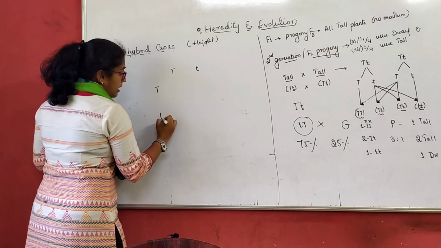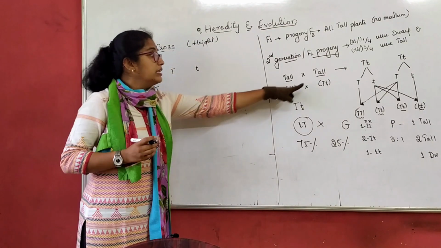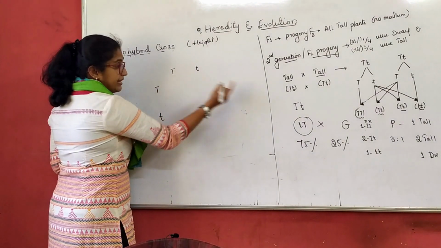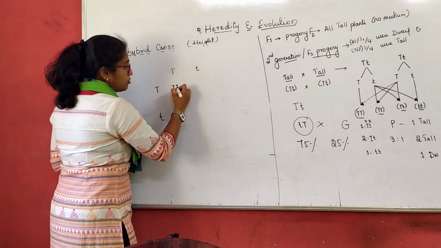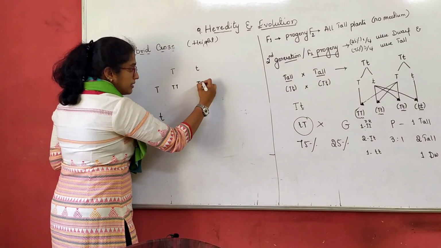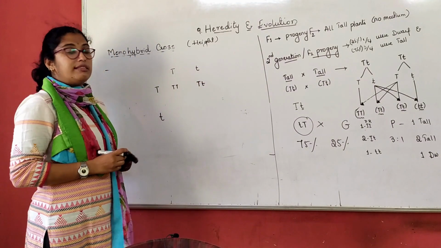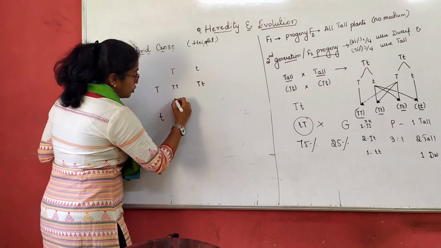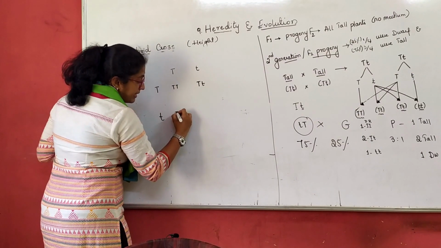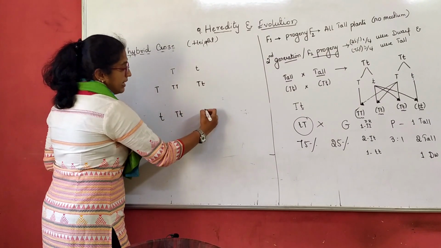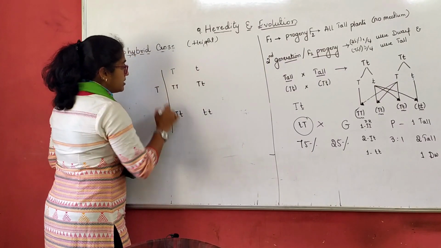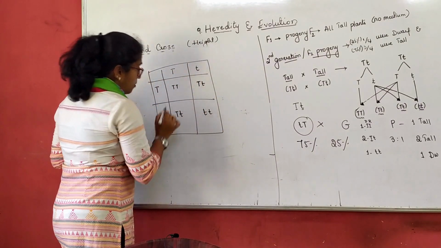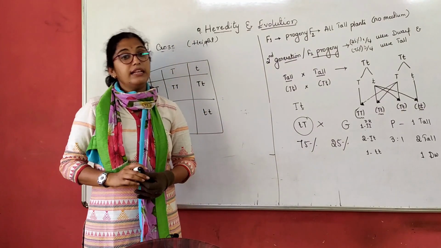So one is tall, another is dwarf. We have chosen these contrasting pairs, right? So tallness into tallness. Again, same thing I am writing here. So this will be T into T, capital T, tall into dwarf. Okay, let me call that tall into tall. Again here one is dominant, one is recessive. So here T into t, I'll first write capital T, then small t. So this is the checkerboard method of representing monohybrid cross of Mendel's experiment.